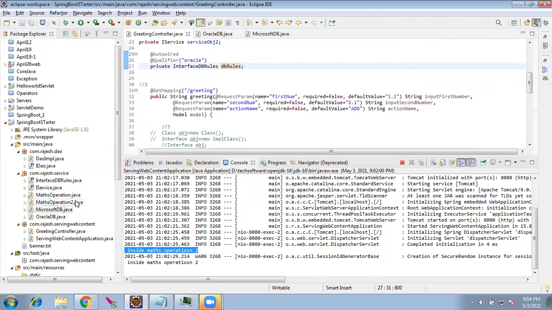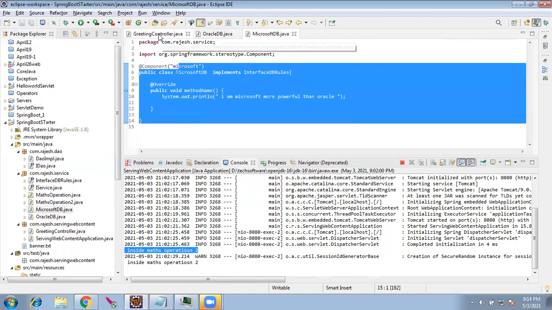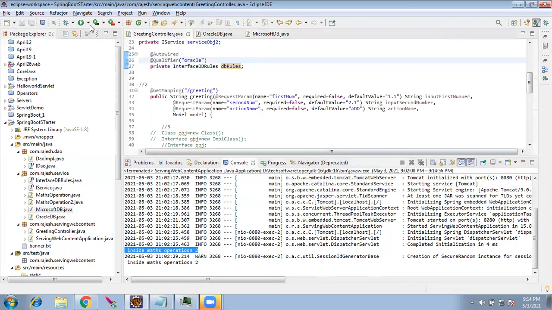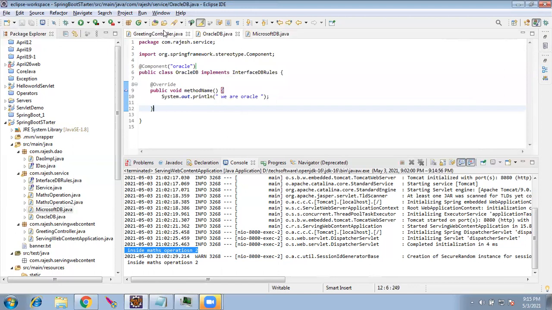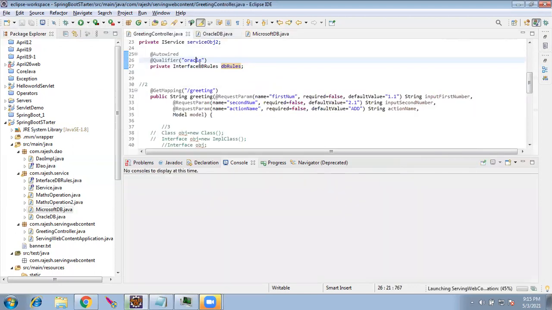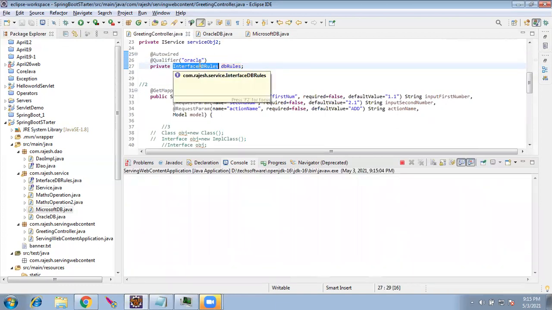If I change to Microsoft, this object will be binded here. If I give Oracle and I run it, this sysout will come: We are Oracle. I decide to move to Microsoft. I just have to change the qualifier. Getting it?